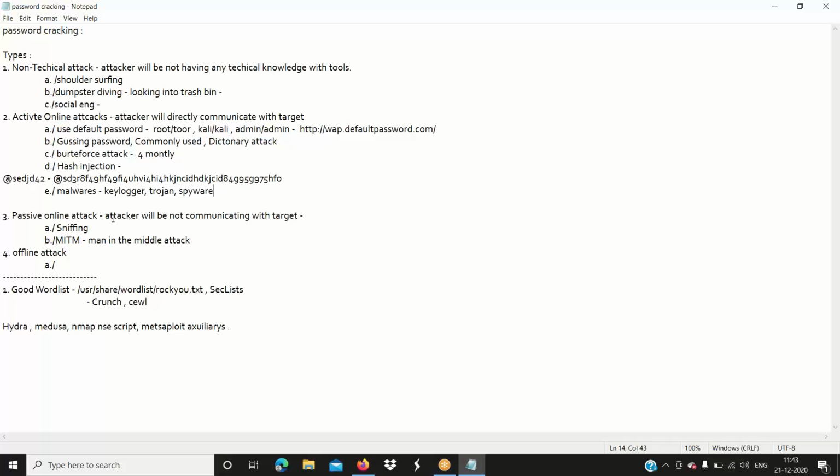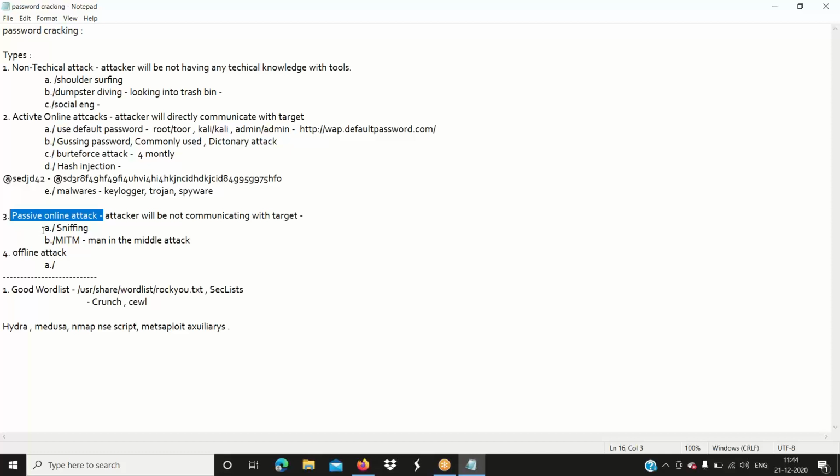Then we have passive online attacks. When I say passive online attacks, there will be no interaction with the target. We gather passwords when they are traveling in the air or in the wire. Whenever you enter something on a website, the password travels through the network with some packets.